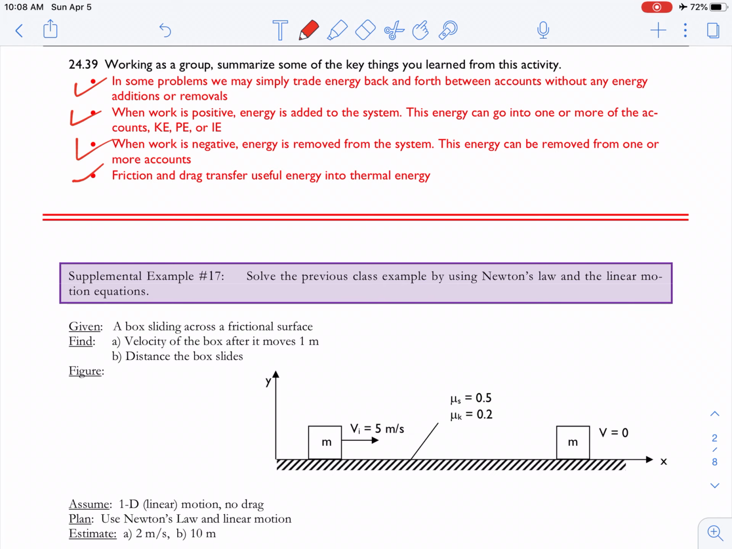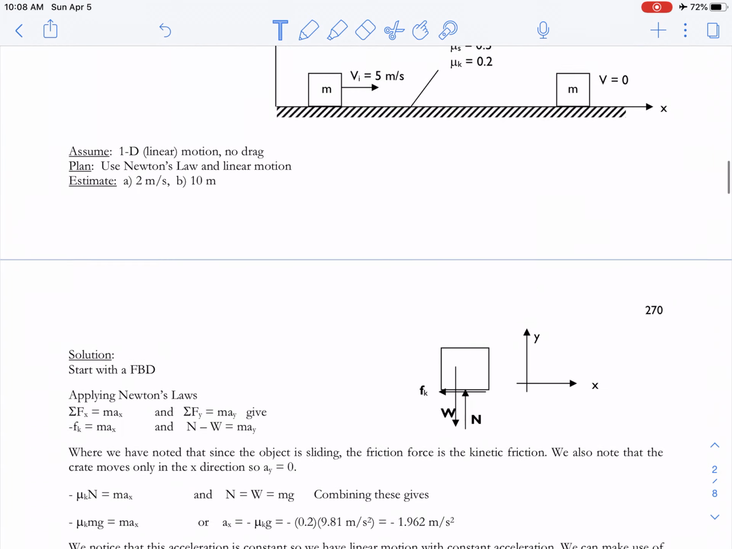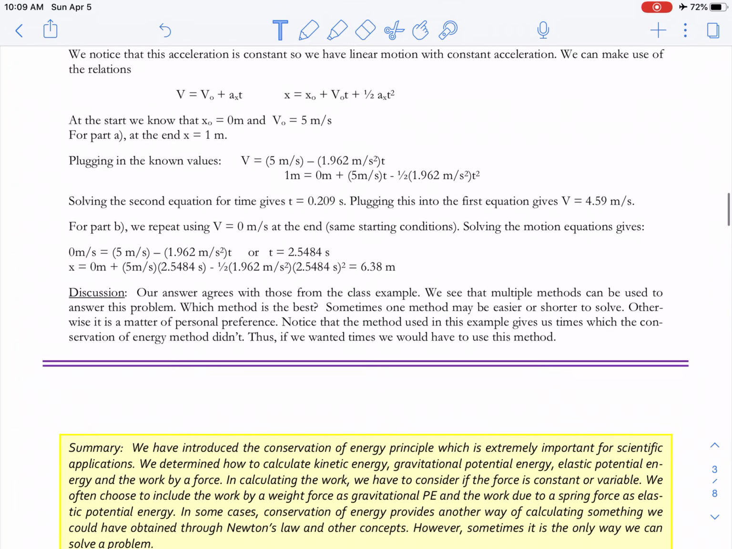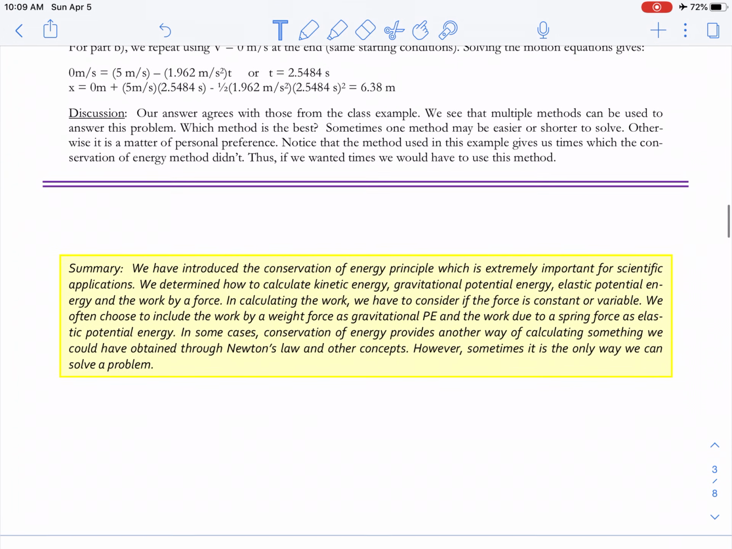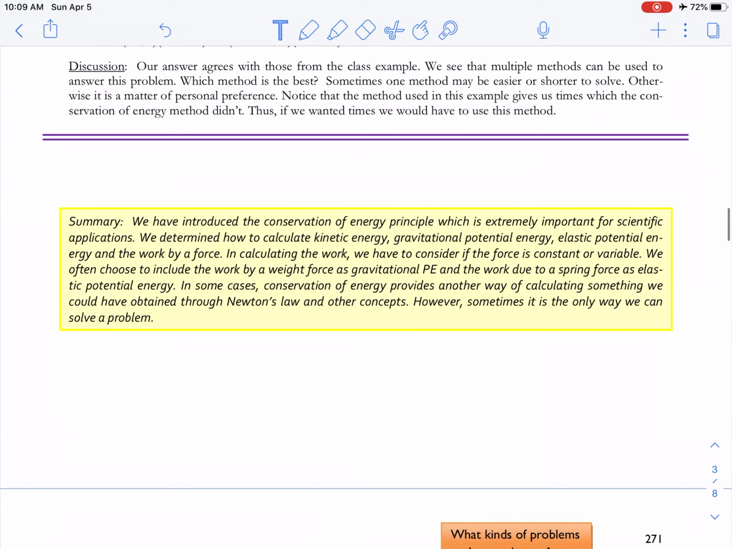Next is the supplemental examples. Again, the solutions are given. Please check these good problems here for practice. And again, the yellow box means that's the end of the chapter. So we finished chapter 8. And here we really focused on conservation of energy. This is very important